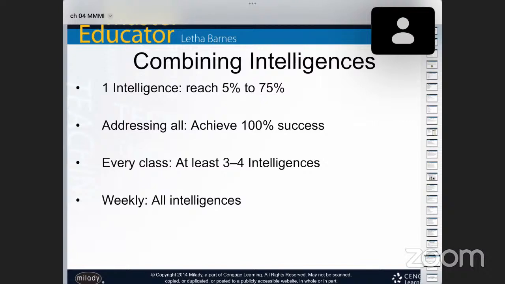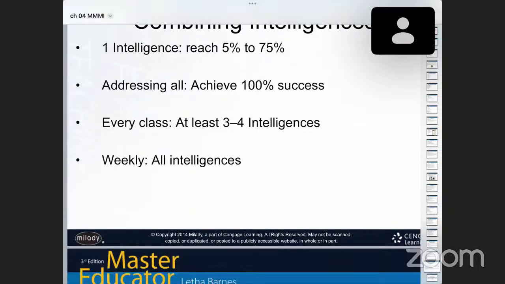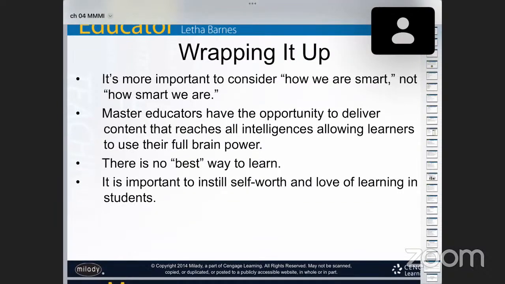And then weekly, you want to be able to touch the intelligences weekly. So one day you may do another one, and then somebody you may pull them to the side, maybe give them a little one-on-one or something of that nature. That's all intelligences. And that's combining intelligences. So as we wrap it up,